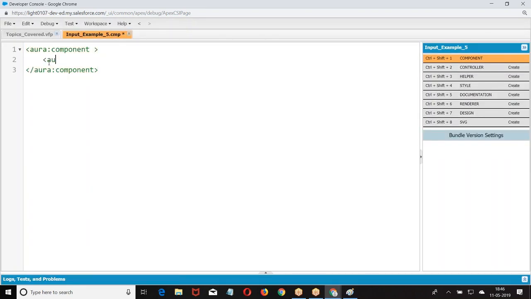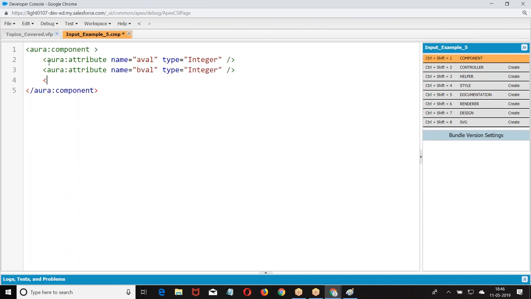First you are given the attribute. We are taking, without attributes,